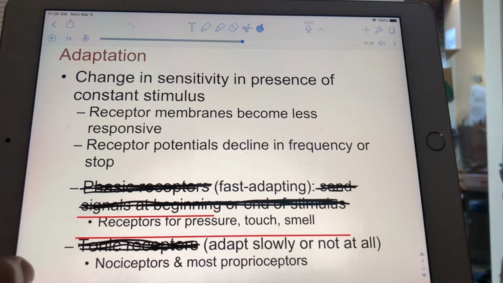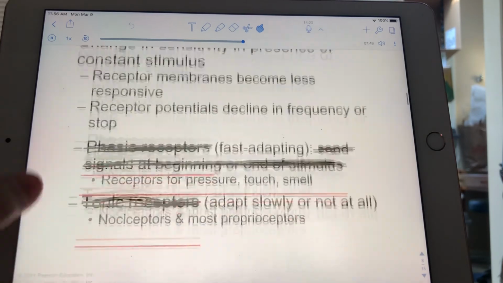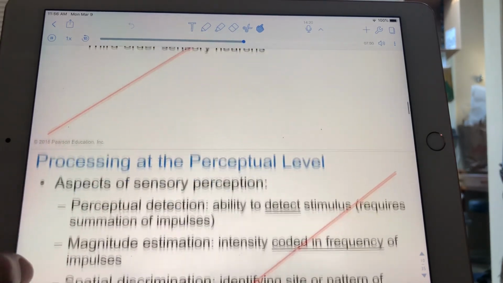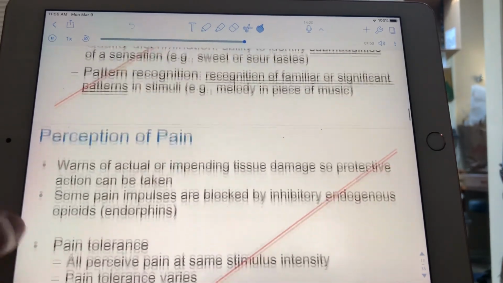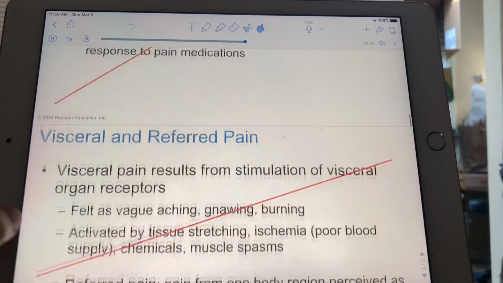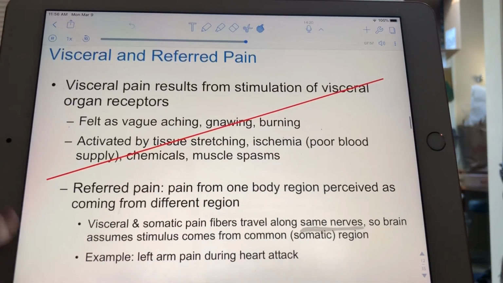Okay. I'm on slide 9, which we're skipping. I'm on slide 10, which we're skipping. I'm on slide 11, which we're skipping. I'm on slide 12. And on slide 12, we're skipping the first chunk, but we do need to know what